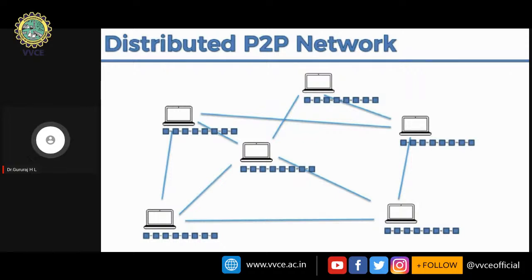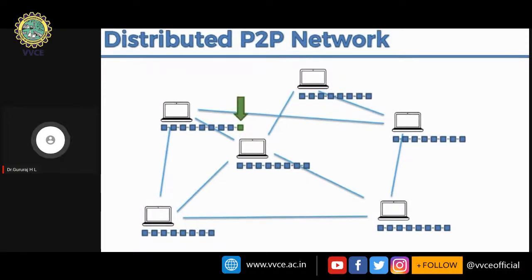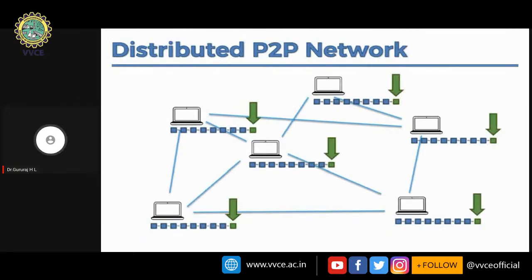In the same way, each and every node possesses 7 blocks in this example, because 7 blocks are created at different parts of the nodes, and each node will be aware of those blocks. Okay, a new block we will call a child block. If it is created at the first node, that will be forwarded to all the nodes connected to that particular block. Okay, a new block has been created with the hash value, and yes, they'll accept the hash value, and that will be attached to the particular